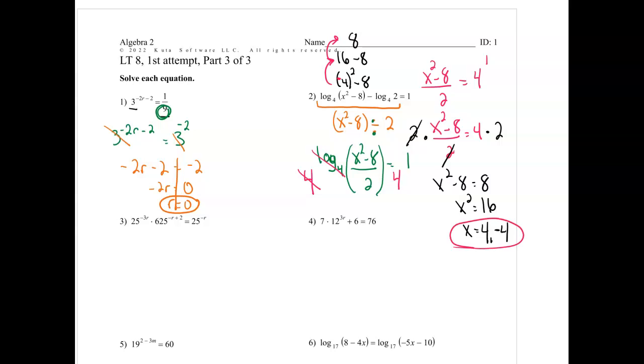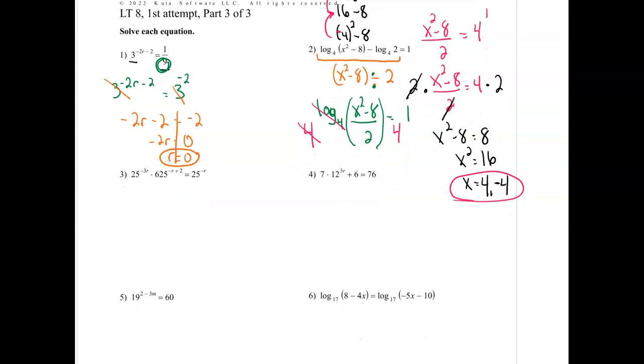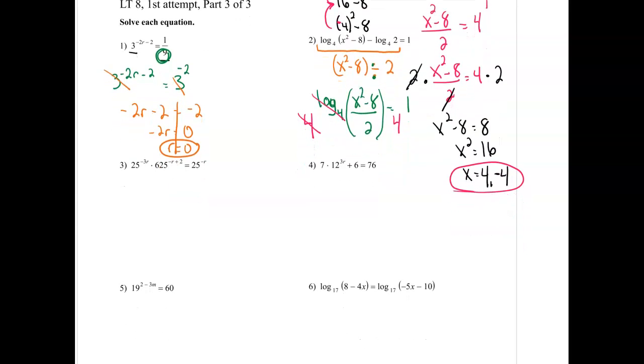All right, number 3. Number 3 is another exponent problem, so if I can use my exponent table, that would be best. And I notice that there's a row that holds 25 and 625, and that is 5. So 25 is going to be 5 to the second power with a negative 3r exponent. 5 to the fourth power is 625 with its original exponent in parentheses, and 5 to the second power with its original exponent. All right, so now that I've got my same base, I can just ignore all those bases,